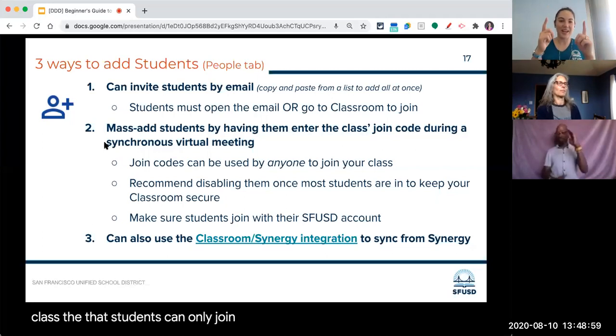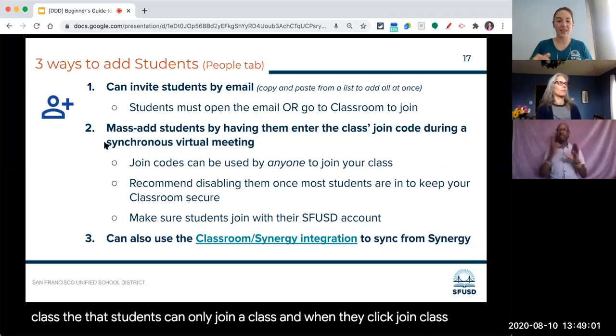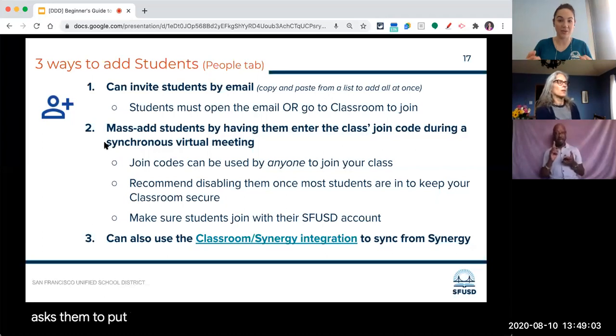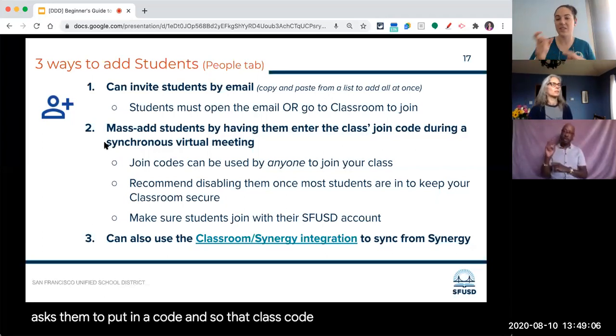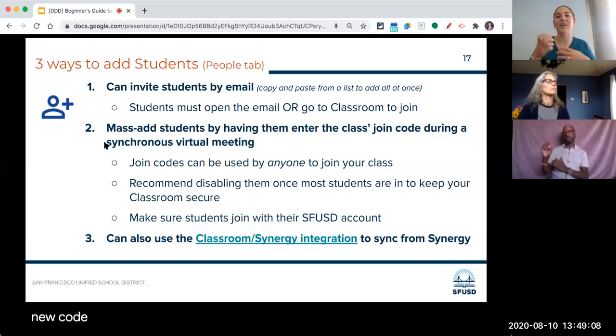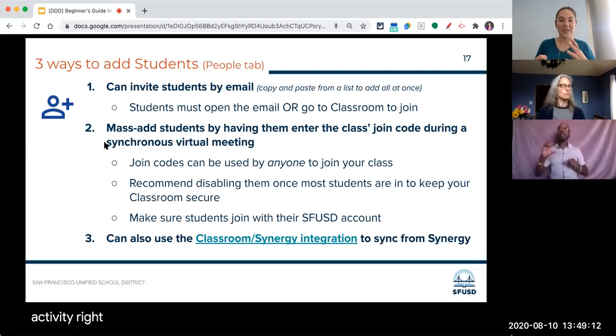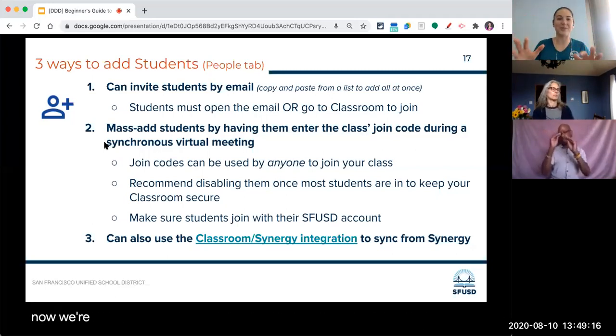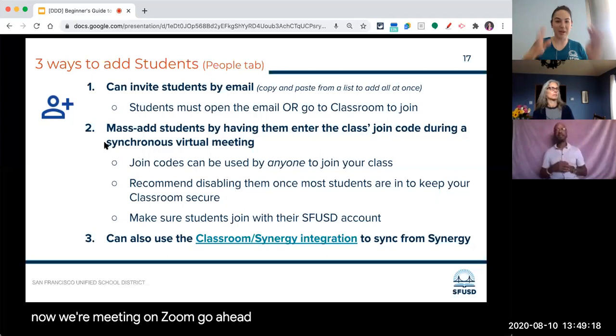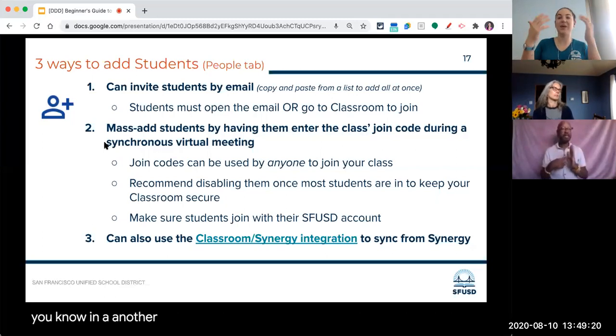Students can only join a class, and when they click join class, it asks them to put in a code. That class code that you reset and gave a new code to is the code they would enter. So it can actually be a classroom activity, to get everybody added in. Okay, everybody, right now we're meeting on Zoom. I'm going to model it, open up another tab, and walk them through